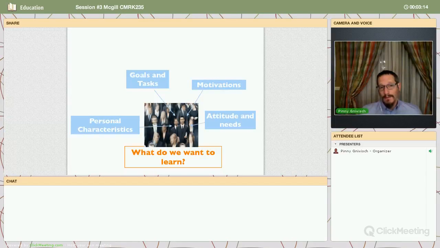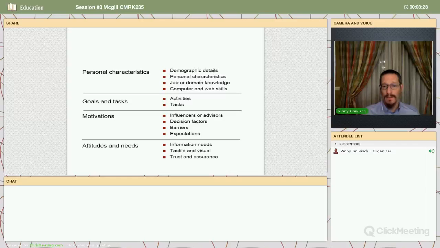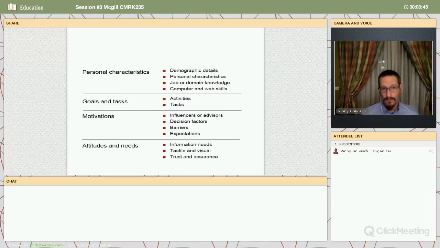What are the characteristics of this person? When you think about pictures and all those things, based on their characteristics, that will determine if they'll respond to that. So when you think about characteristics, you have to think about demographics, what kind of computer these people use, so build it accordingly. What kind of jobs, what kind of knowledge do they have specifically when it comes to digital? All those things you need to think about when you are building your persona.